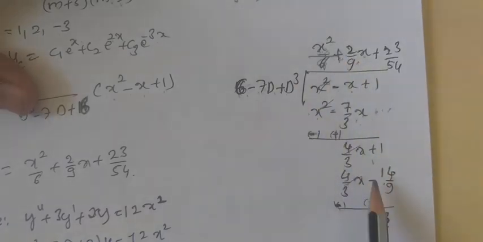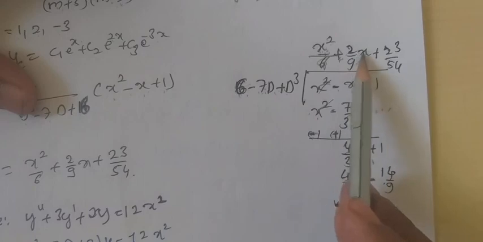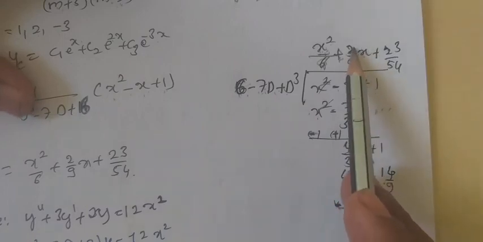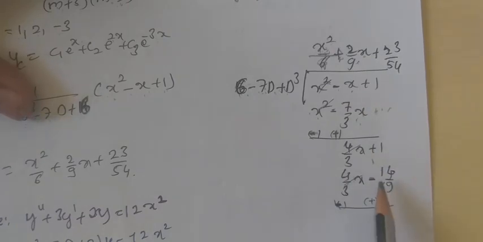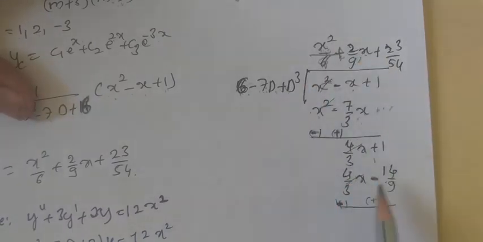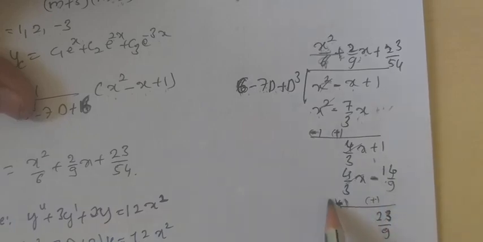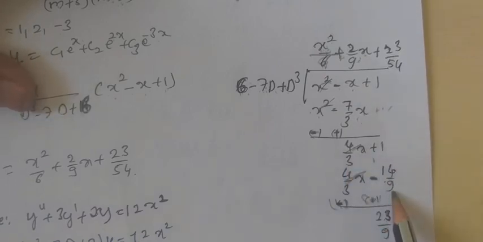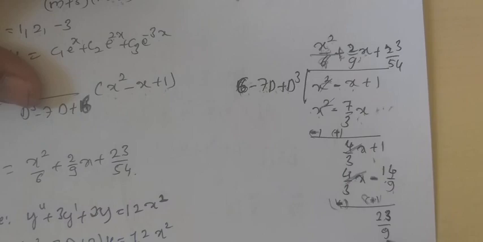then operate this. Plus into minus is minus. Operate this D on this, differentiation one time of this becomes 1, so nothing to worry. 7 fours are 28, you will get 14 by 9 minus 14 by 9. Next one, if you operate D cube on this, that becomes 0, nothing to worry. So this becomes minus, this becomes plus, you keep that as it is. Then these two terms will get cancelled, so 1 plus 14 by 9 becomes 23 by 9.